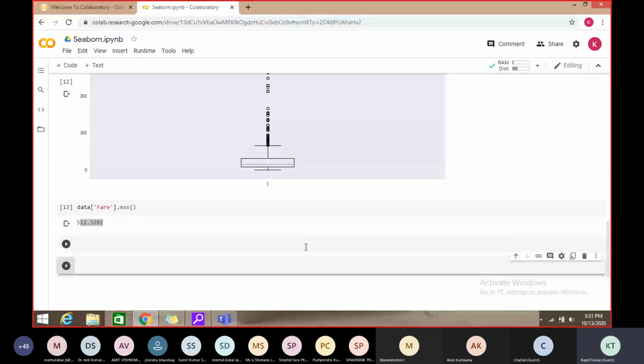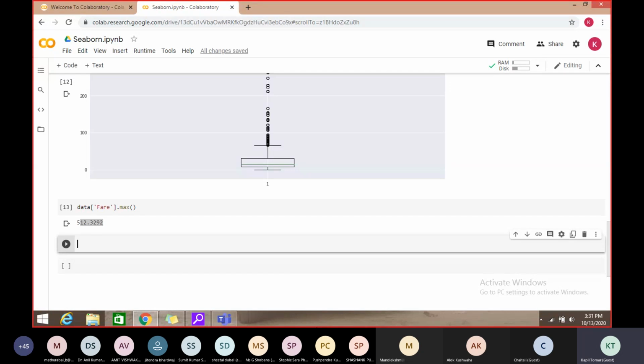So first, we have to calculate the Z score. Z score is basically the value minus the mean of that value, divided by the standard deviation.